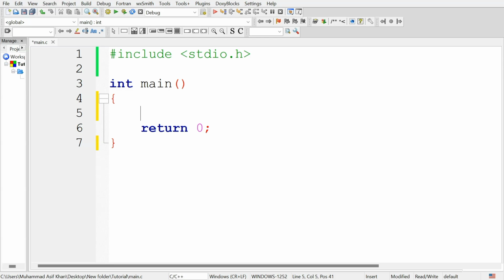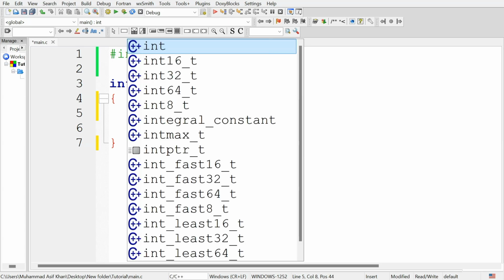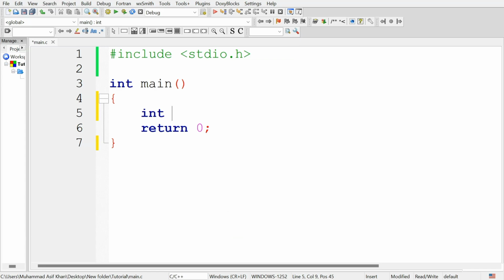For example, I am creating a variable to store the age, that is integer type. So type the data type int, then the name of the variable, that is age. This is called declaration. Declaration of a variable means telling the compiler the data type of the variable and the name of the variable.